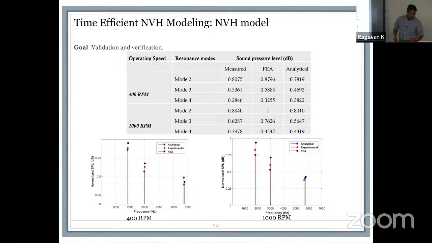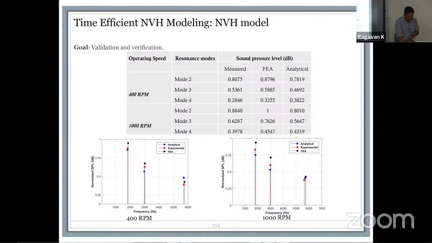So here, what we also observed is that since your machine geometry is basically the same, it's natural that your resonance modes are going to be the same because the geometry didn't change. We were trying to see what happens when you operate at different speeds. You get different frequencies of excitation. So your electrical frequency is changing, but the resonant frequency of the actual geometry is still the same, right?